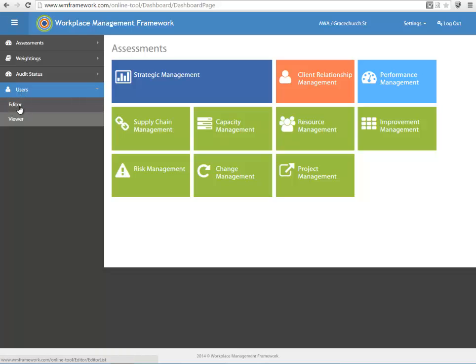If you notice, there are two types of users. There's an editor user and a viewer user. The viewer, as it says, is not allowed to make any edits on any of the audits. They are only allowed to view the audits that they are given access to. If I click on the editor